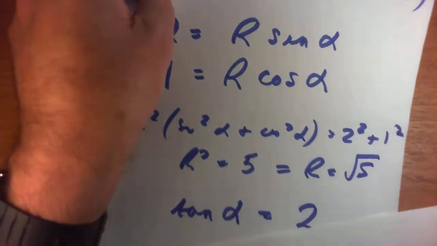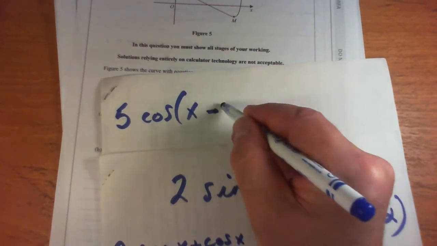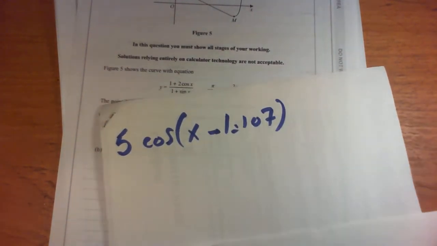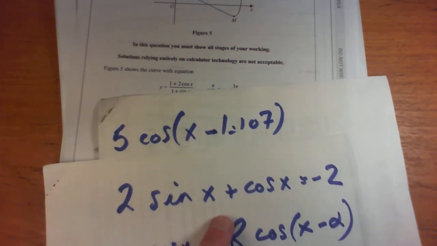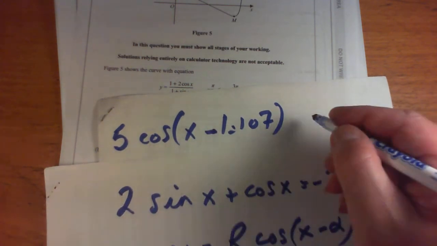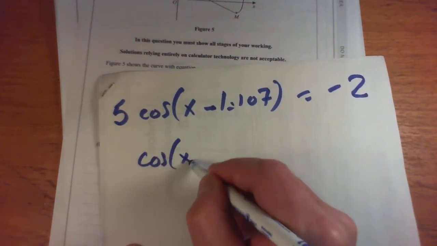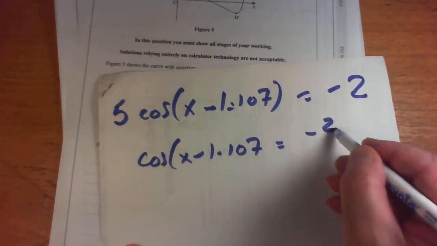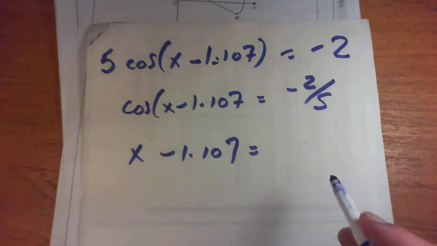And then on, you just adopt the form I've been recommended. The 2 sine x plus cosine x becomes root 5 cosine of x minus 1.107. So that left hand side now has become that, and that equals minus 2. So cosine x minus 1.107 equals minus 2 over root 5. And now x minus 1.107 equals